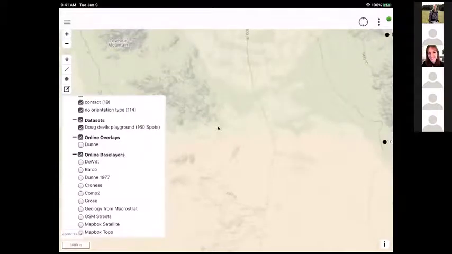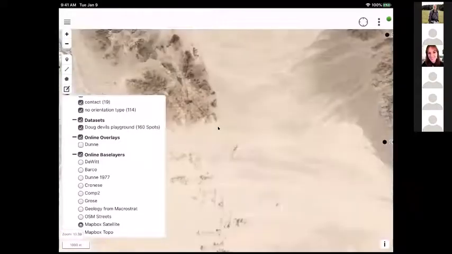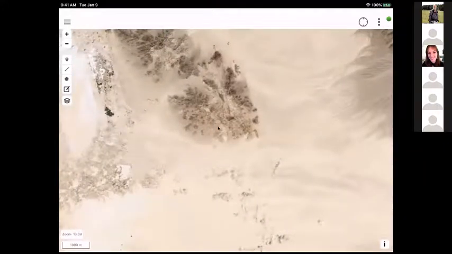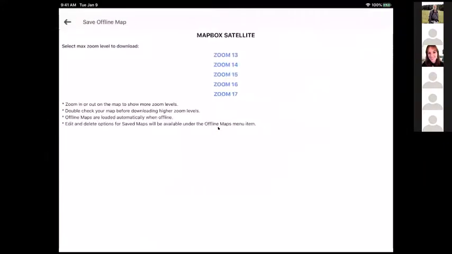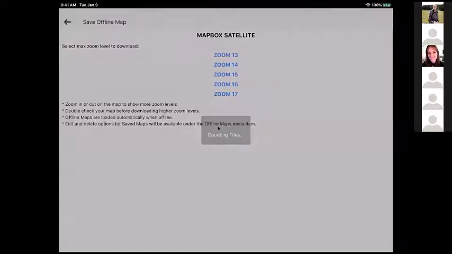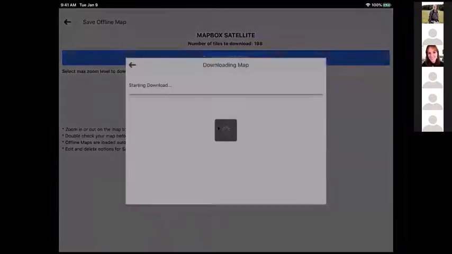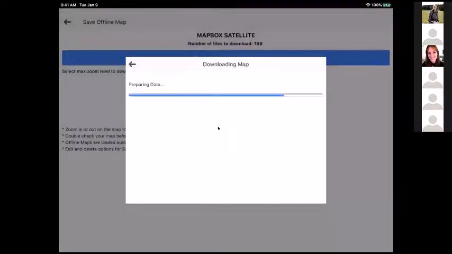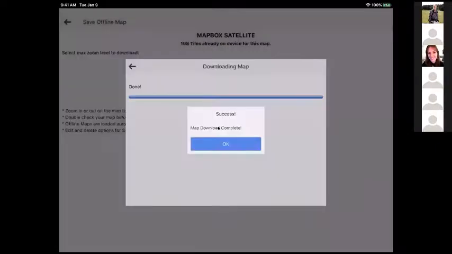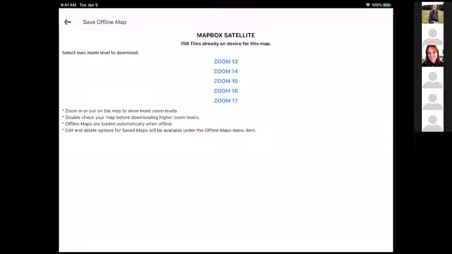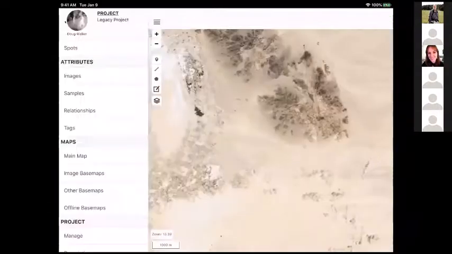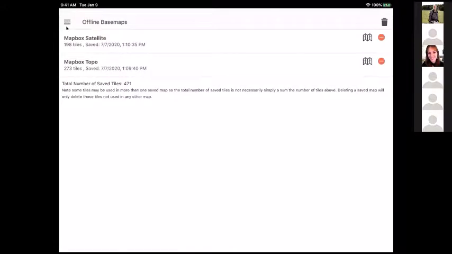I could change over to Mapbox Satellite, do exactly the same operation, save map for offline use, go up to level 15. I'm just going to do a few levels here, bring this information in and store the map. So now I've done this a couple times, go back to offline base maps, and now I have both Mapbox Satellite and Mapbox Topo.